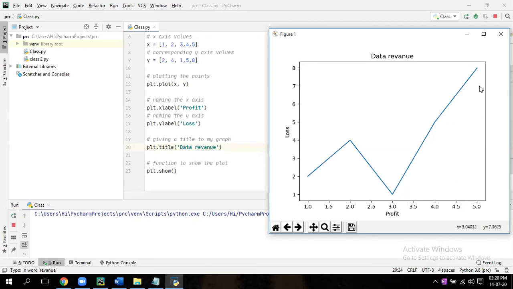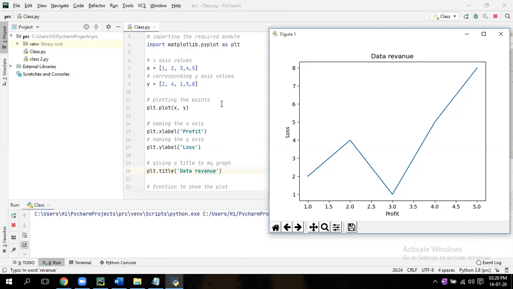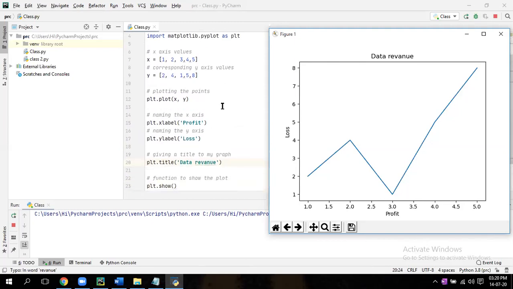If you want to change the numbers here also, you can mix them, like 50, like 100. That also you can customize, but by default it will take the maximum one, so no need to do anything. And if you want to customize, some properties you have to change. I'll tell you going forward.